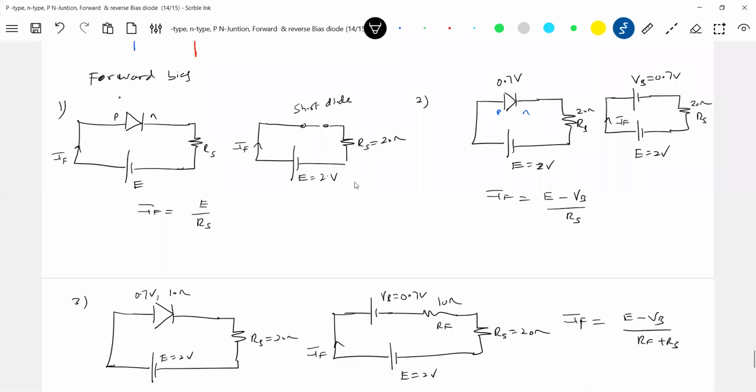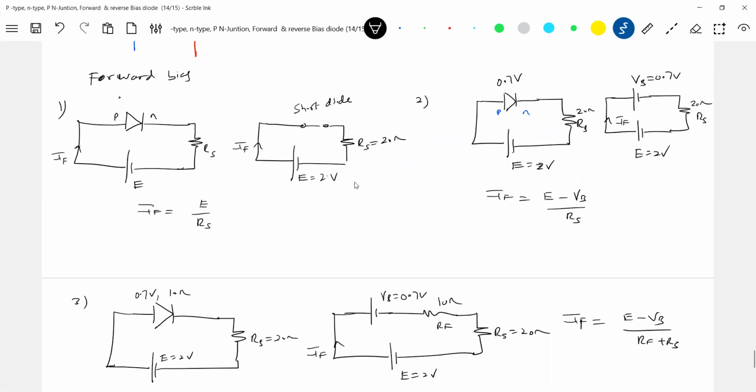If a diode is forward bias, replace with a short circuit. Finished. Then apply KCL, KVL or Ohm's law and get the answer. If the diode is again forward bias and if they write some 0.7, then replace the diode with a battery whose EMF is equal to the barrier potential. Then again apply KVL, KCL and solve the problem.